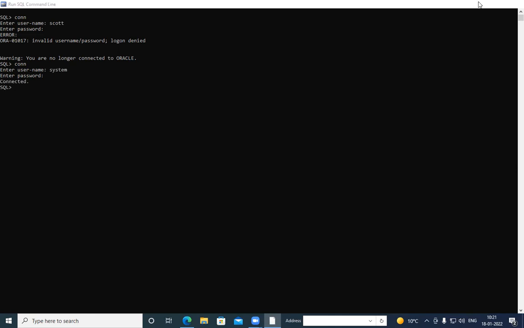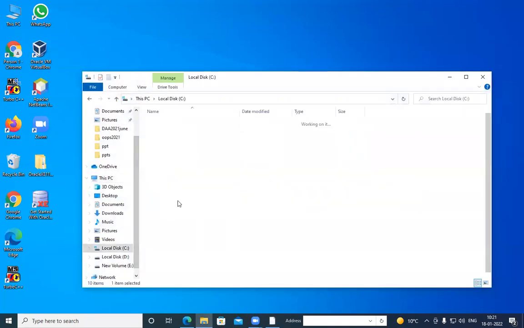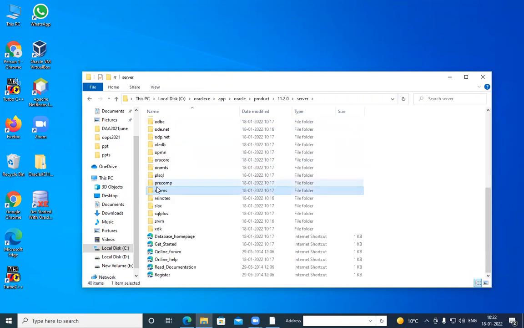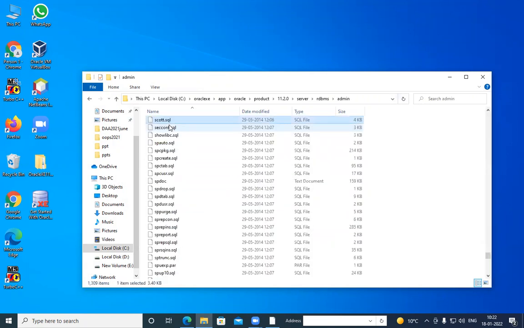Then I'll go to the installation folder, the place where Oracle is installed. Within that, the app folder, the Oracle folder, the product folder, 11.2.0, the server folder, then the RDBMS folder, and within that the admin folder, and then I look for the file scott.sql, right? So this is the path where this file is located. I'll copy this path so that I am able to execute this file.